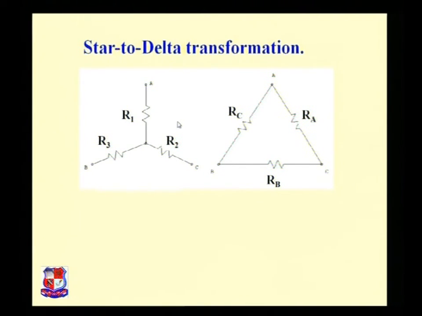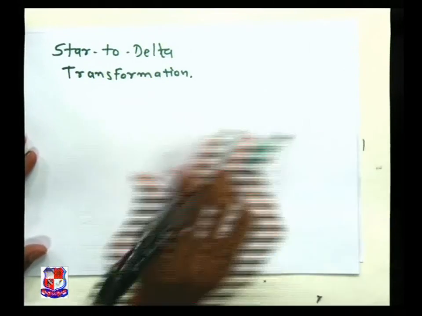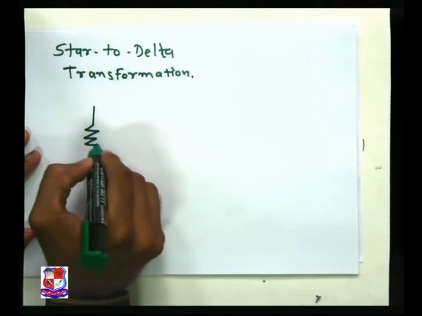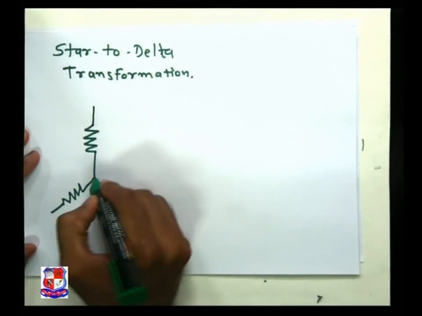So let's go with the transformation derivation. See, projector, star to delta transformation. So as we have to see in a star network, one resistance, second and